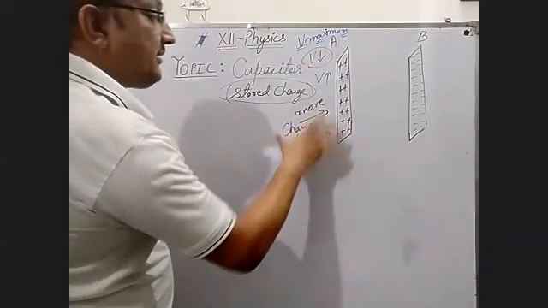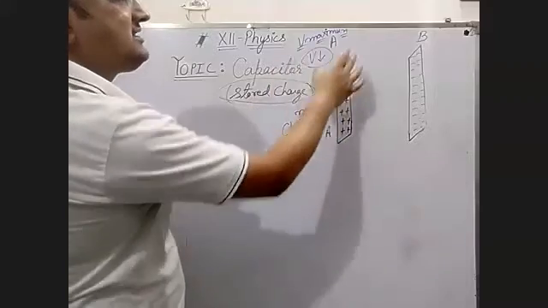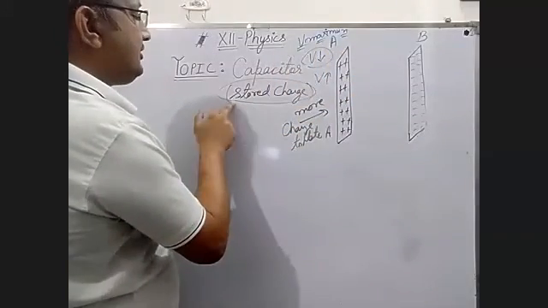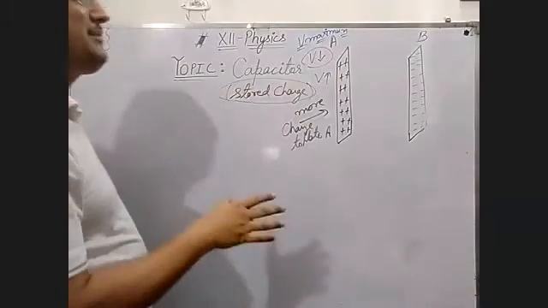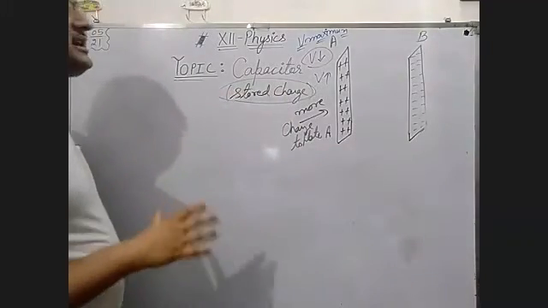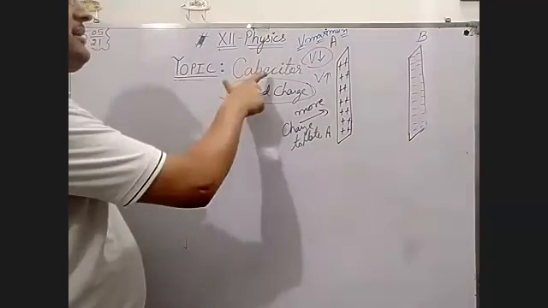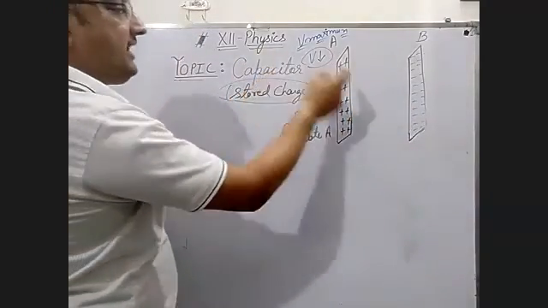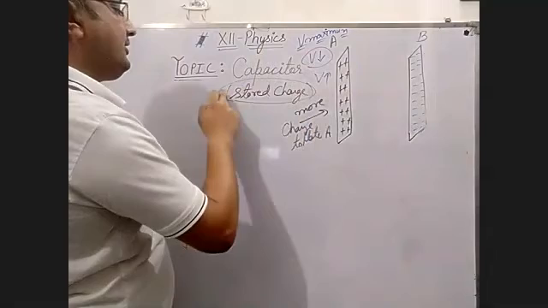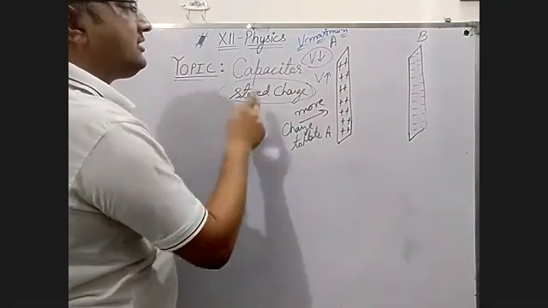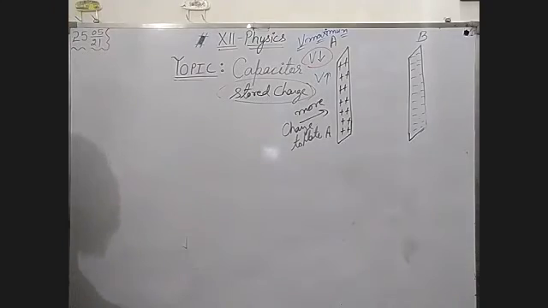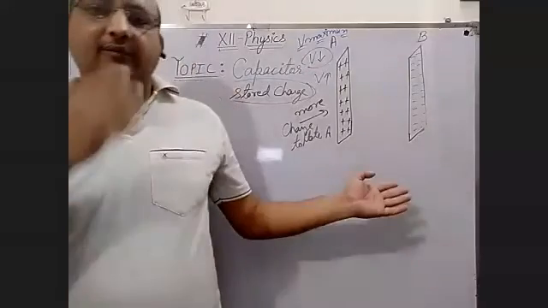So maximum charge is given to this plate. It means these plates are used for storing the charge, and this type of property of charge storage is called capacitance of the capacitor. So these two plates become a capacitor, and they are used for storage of charge. Okay. Now the next thing is, how can numerical or conceptual of flow?